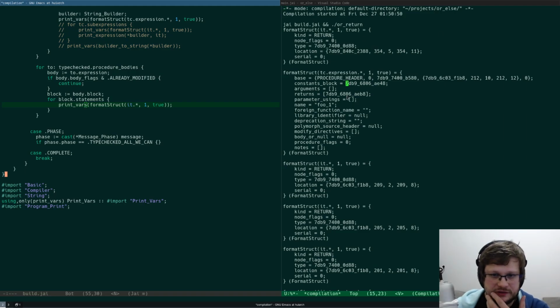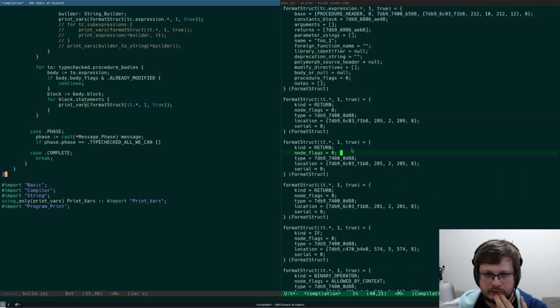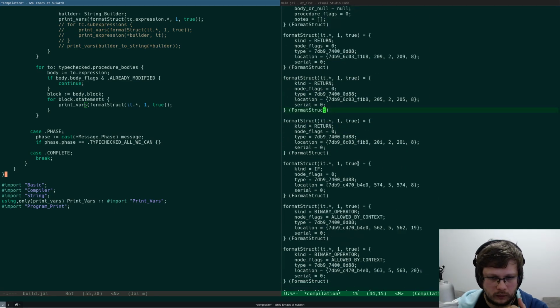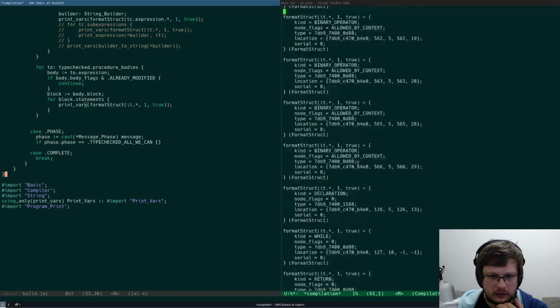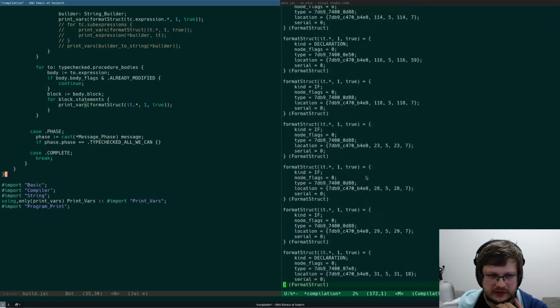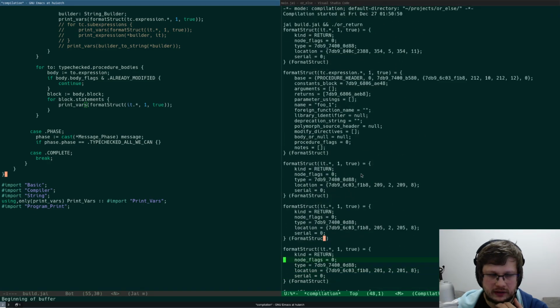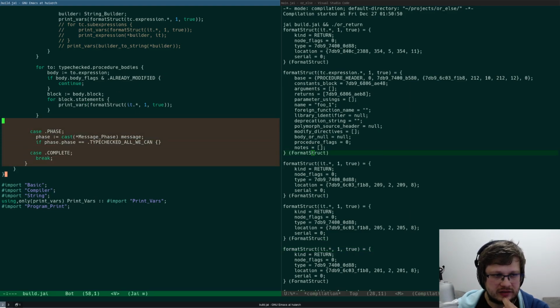So procedure header. Then we have what? Straight up return. Oh, there will be a lot of them. So I need to match this with that.